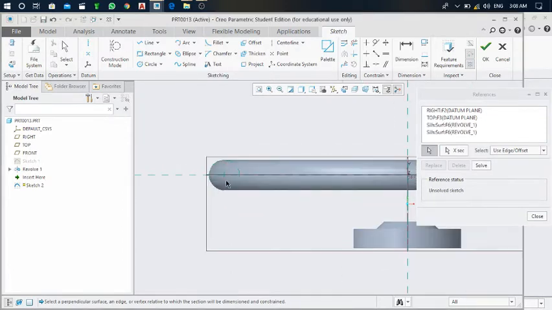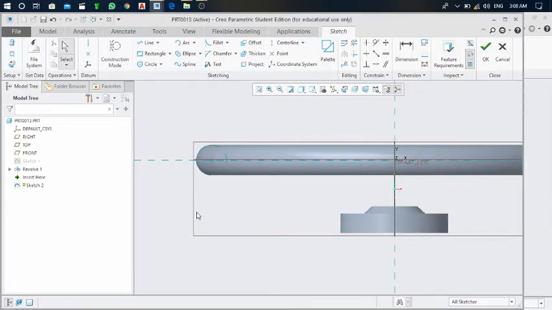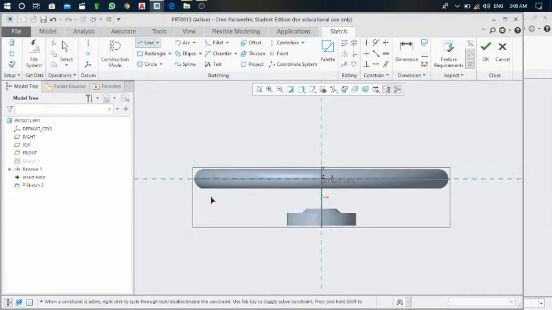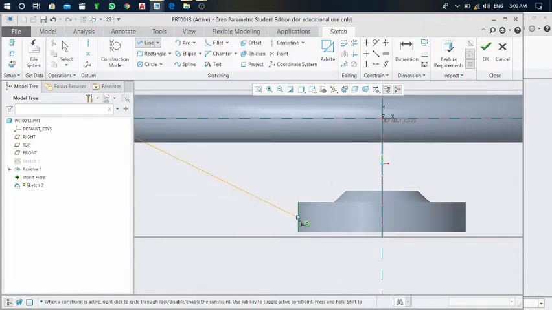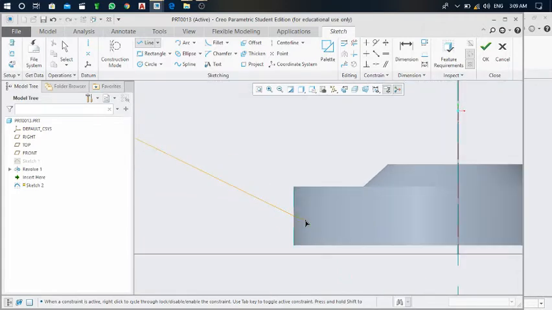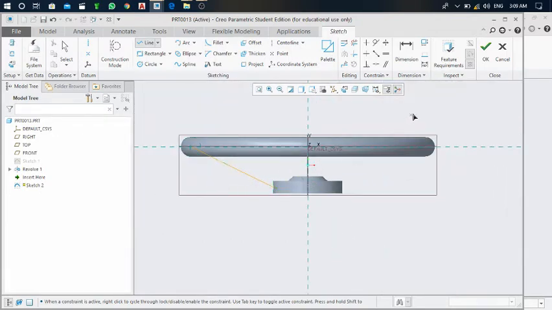As you take the reference, you can see here circle is indicated and center also. Take this reference also, close it. After that, take line and draw it from the circle center to the center of this and a little bit inner side. OK, after that, click the cursor away.